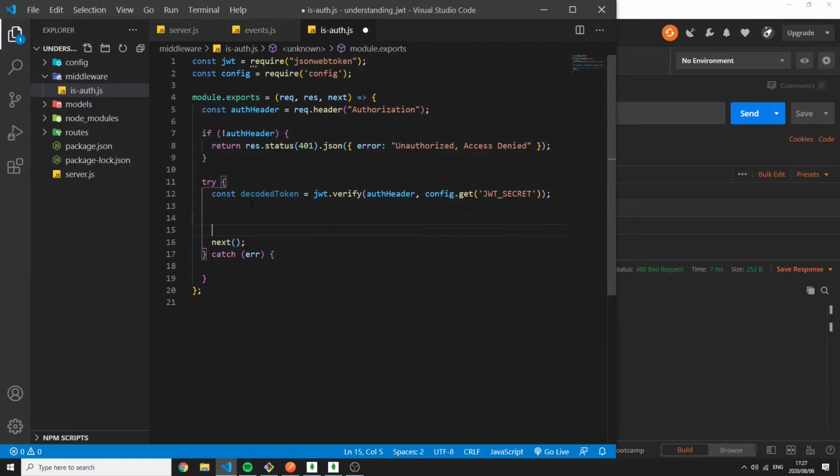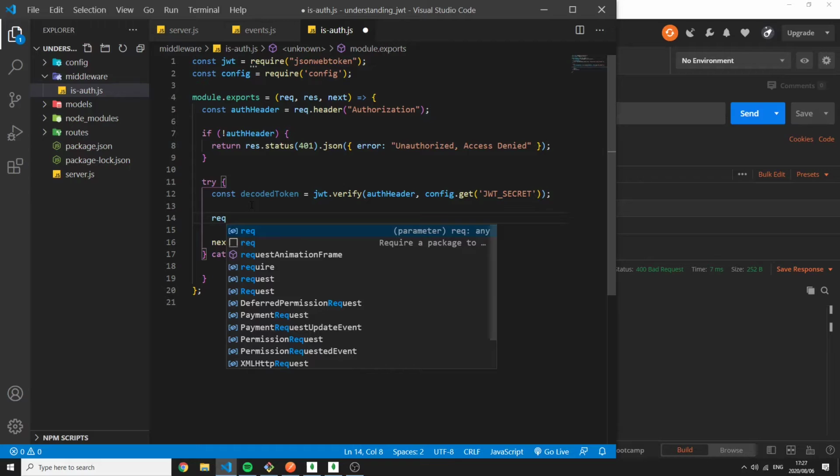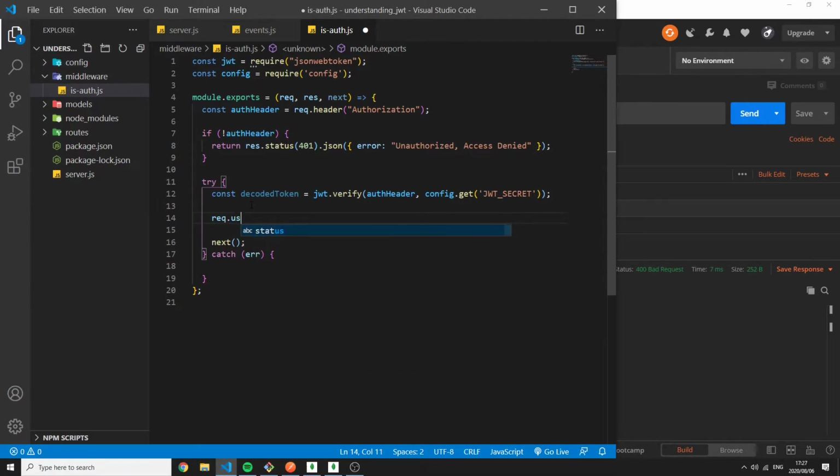So if this is done, we can call next for the middleware. But before that, we want to set some data on the request object for that specific route using this middleware. So on the request.userID, we want to save this decoded token. If you remember the payload of this token, it is user dot underscore ID. So this will place this decoded token user underscore ID